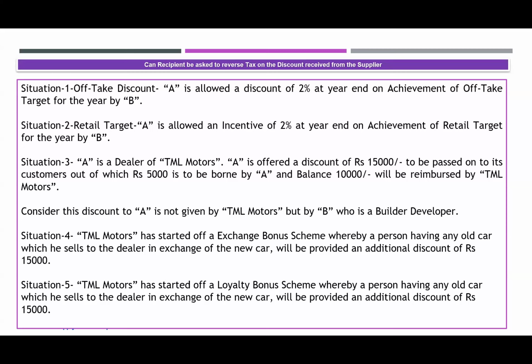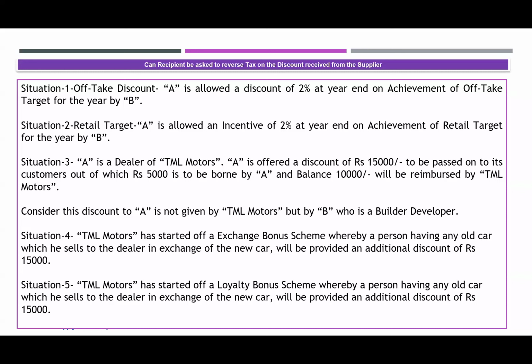Would it be that way it should be considered, or should we consider this as the supply to the end customer, consideration partly received from the TML, and apply the rate of the car? No, this is a separate activity, because what they have said is that you sell your car to the customer, and if he gives me his old car, give it to us and transfer the 15,000, give a discount, give an amount of 15,000, whether A is giving 15,000 to the customer, or he has a prerogative that whatever he feels fit, he can give it to the customer. I think we will keep this 15,000 only, and so A is giving the car for a value less by 15,000 rupees. So whether TML would be asking that you have to produce a receipt from A that you have given 15,000 to him,